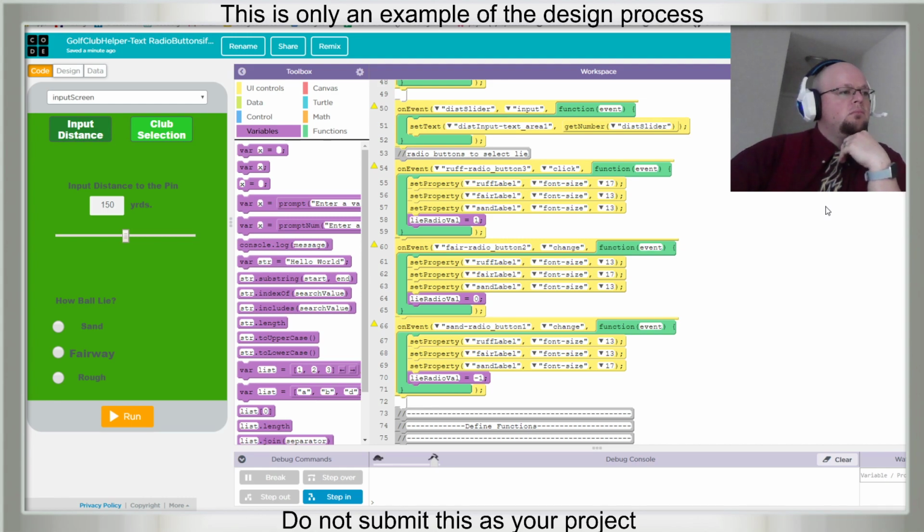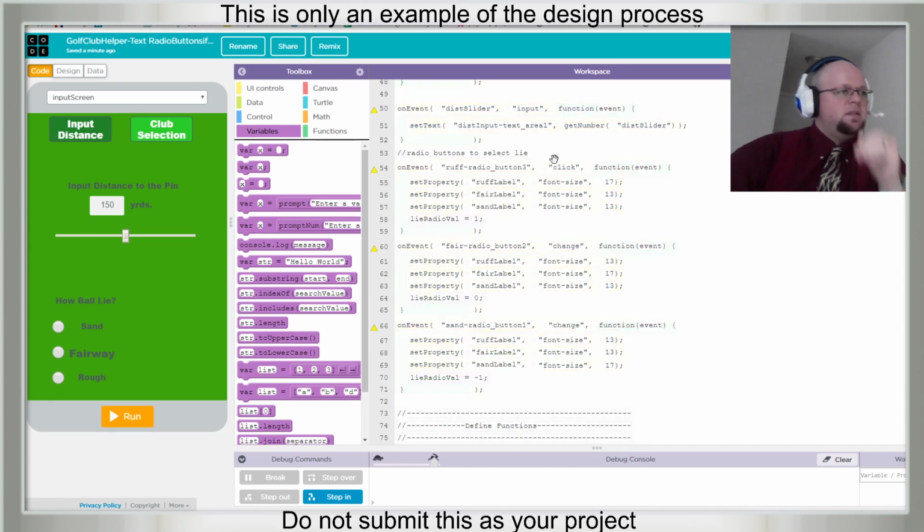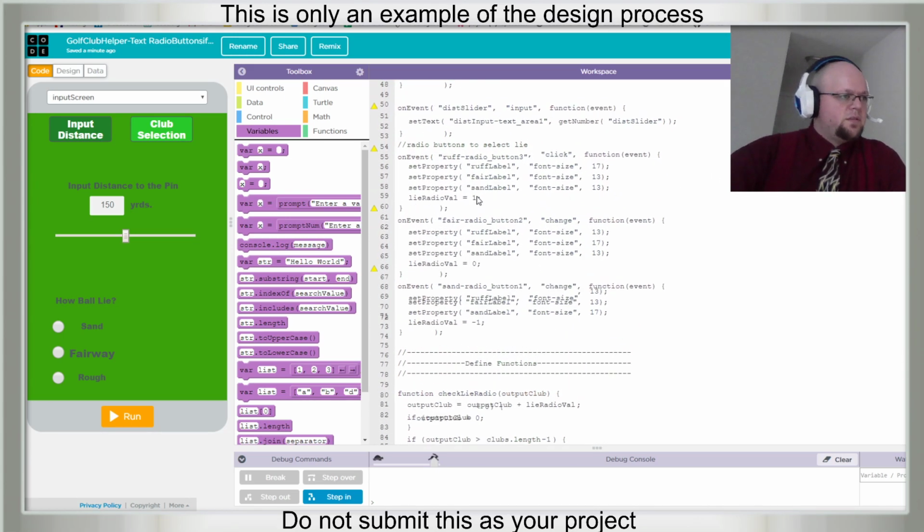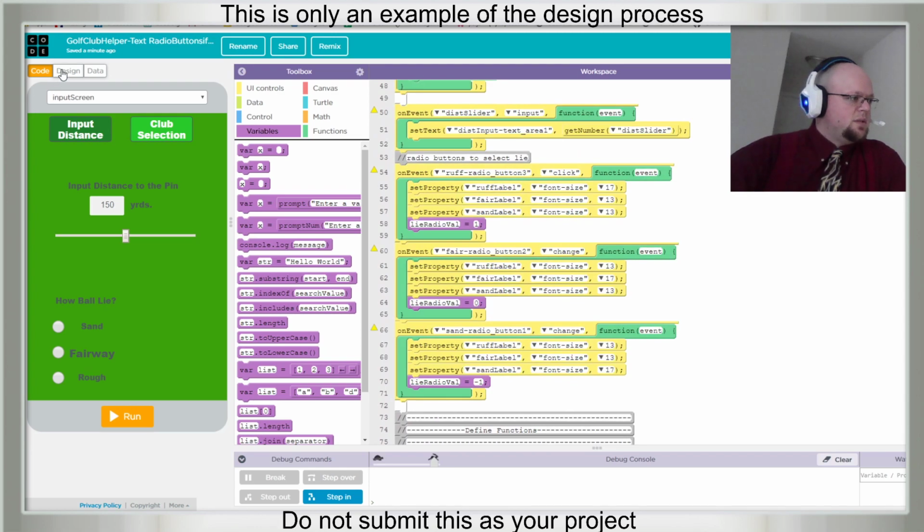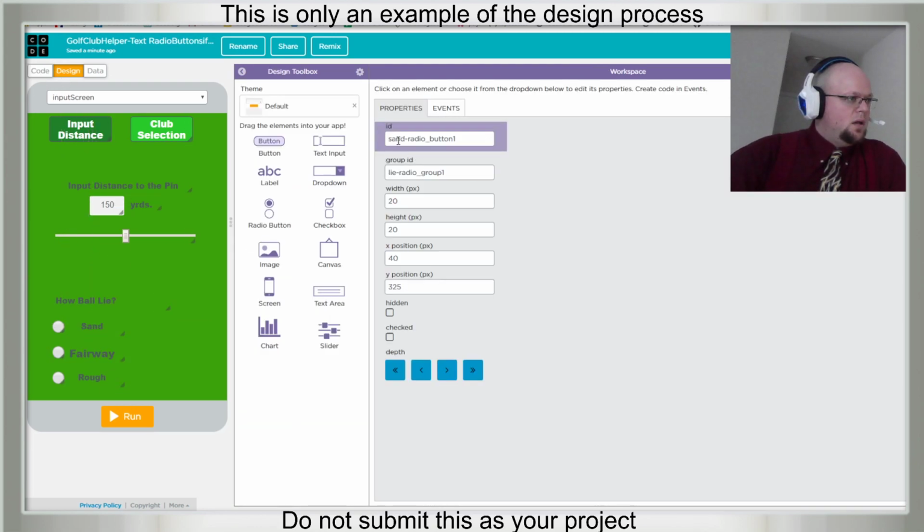Hmm, on event. Can you put or statements in here? First of all, let's shorten these names. These are ridiculous. Sand.